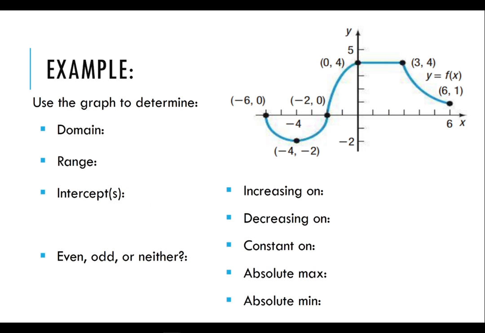So we're going to use the graph to determine the following. Let's start with the domain. Understand that when we're looking for the domain, that is all the x values that occur on the graph. And so you can approach this with a vertical line that goes forever and ever in both directions. If you start way over at negative infinity and approach the graph, you really want to know when you are touching values on the graph with that line that infinitely goes up and